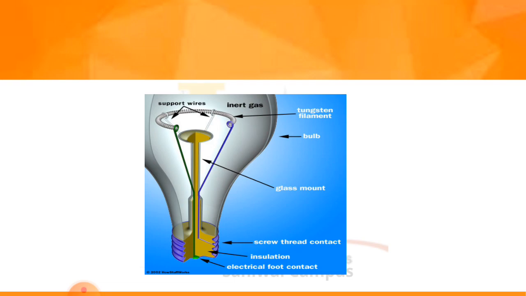The filament of a bulb is kept in a vacuum because otherwise the metal wire would simply burn at the high temperature. So if the blown up glass or the chamber of the glass is not evacuated, then the wire that is made up of thin tungsten wire will burn at high temperature when the bulb is switched on. So if air were to be present in the bulb, then the bulb will fuse and it is out of use.